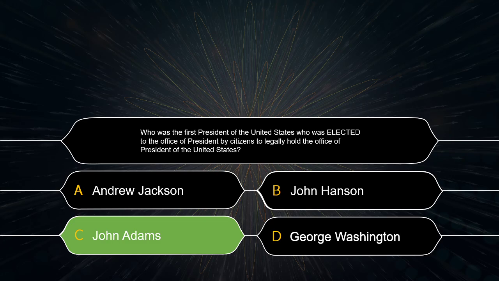So if he didn't win, how was he the first president? Well, the inauguration of John Adams as the vice president took place on April 21st, 1789 in the House of Representatives chamber, Congress Hall, Philadelphia, Pennsylvania. Because remember, before Washington, D.C., we were in Philadelphia. Might be a question in the future.